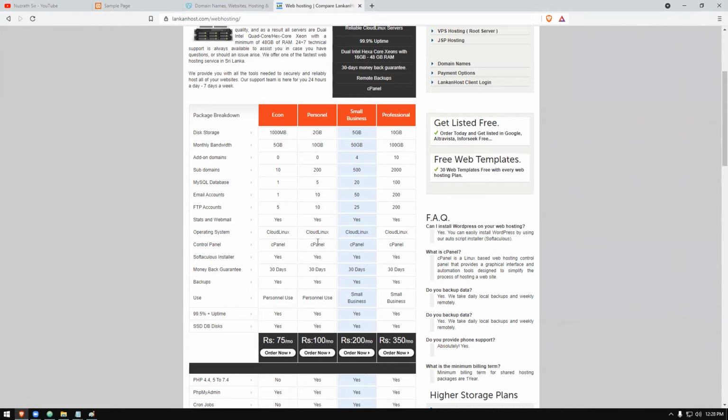The operating system is Cloud Linux, and there are details on the type of hard drives and how many MySQL databases you get. 5 MySQL databases can be created under this one. Subdomains, you can put 200. We are also getting the cPanel control panel software, and we're going to work with this. I'm going to show you a lot of options. All the packages have their backup options. SSD disks are used, so all the facilities are there.